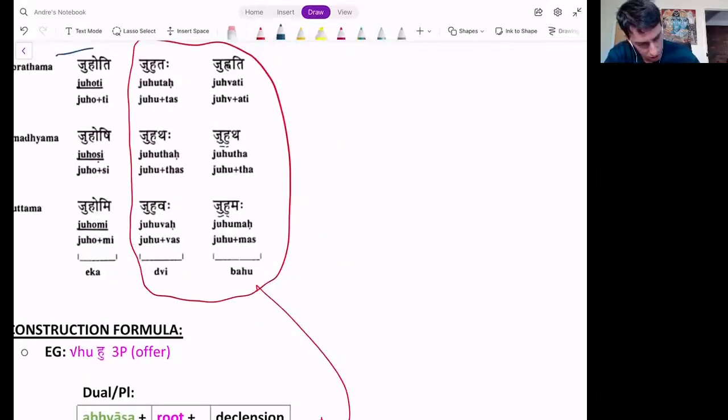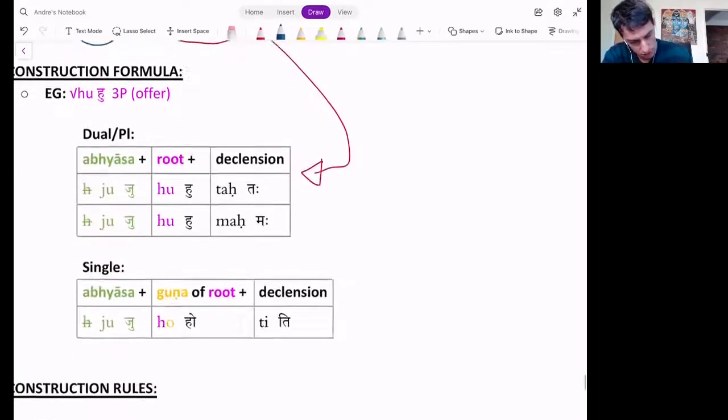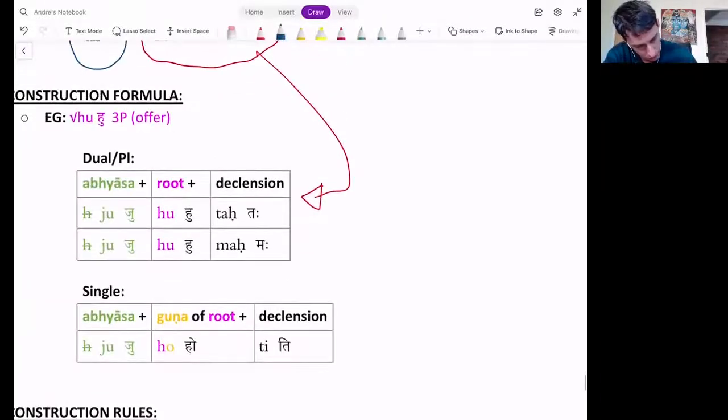So we're looking at the singulars now. Obviously, same thing, except as I said before, this u is going to be an o. Why is it going to be o? Because it's guna, okay? I already said this for the non-1, 4, 6, and 10 classes. That's why the o in karoti, because what's the guna of u? O. So that's already there, ho. And same thing, you duplicate it just like we did above: juhoti. So just take note of this guna. That's why it's an o and not a u.